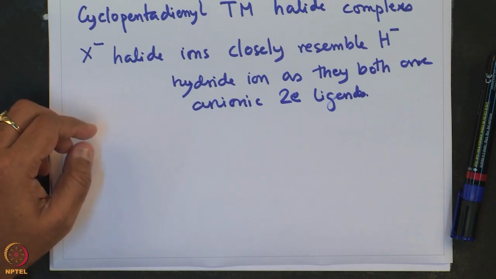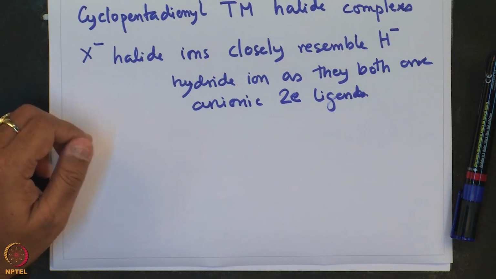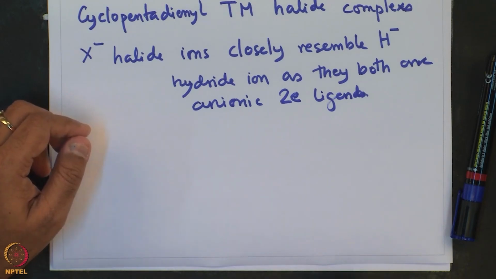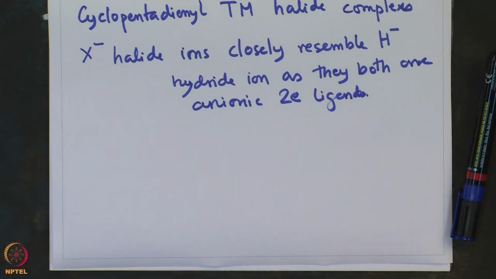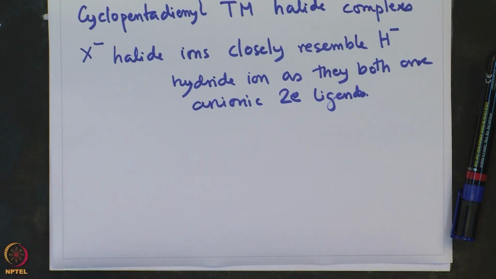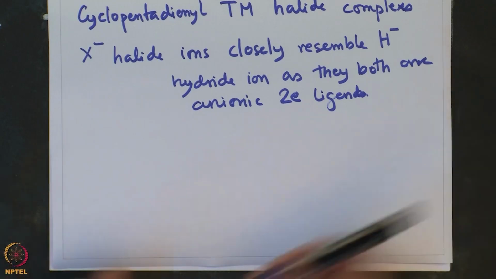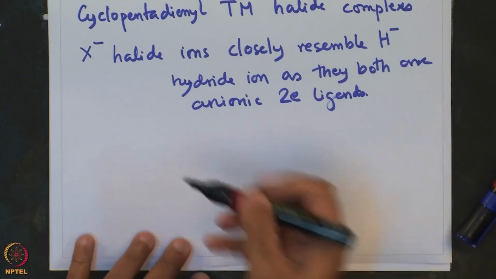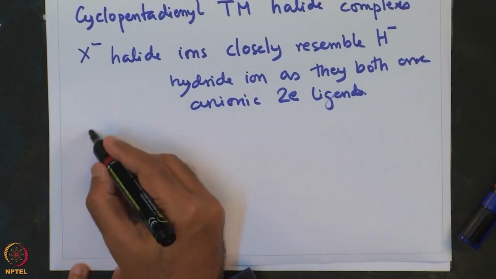of transition metal cyclopentadienyl halide complexes have been synthesized, particularly as a precursor to many other complexes. So, as a result this halide chemistry has been extensively developed. To illustrate this, I am going to write out some examples of such transition metal cyclopentadienyl halide complexes. For example,